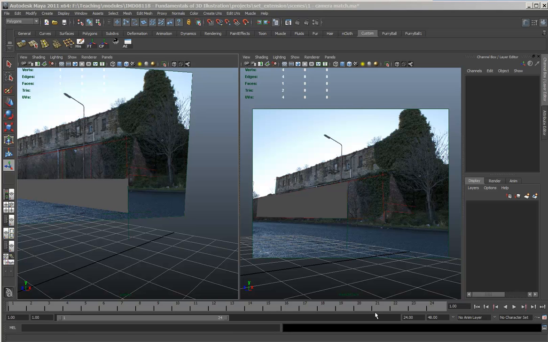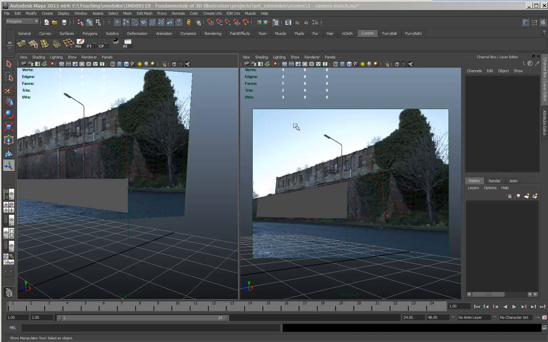In this video, I'm going to extend the geometry we have to try and create geometry for the whole building and the rest of the environment, except the tree and the rest of the vegetation. But before I do that, I'm going to lock the match cam because we spend a bit of time trying to match it with the image we have in the background, and we don't want to lose that by accidentally